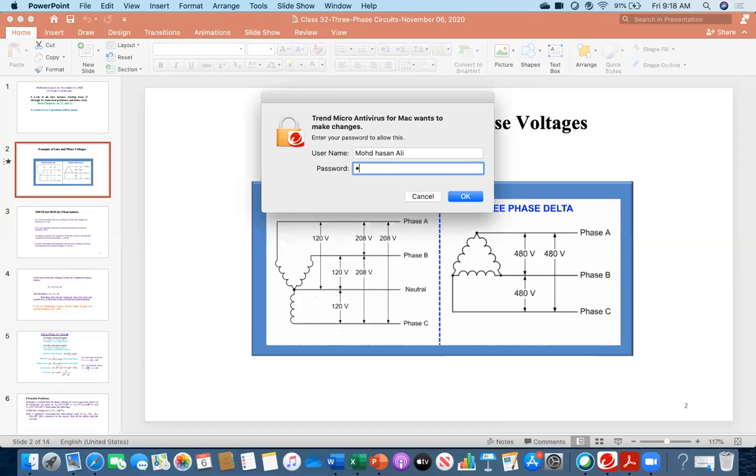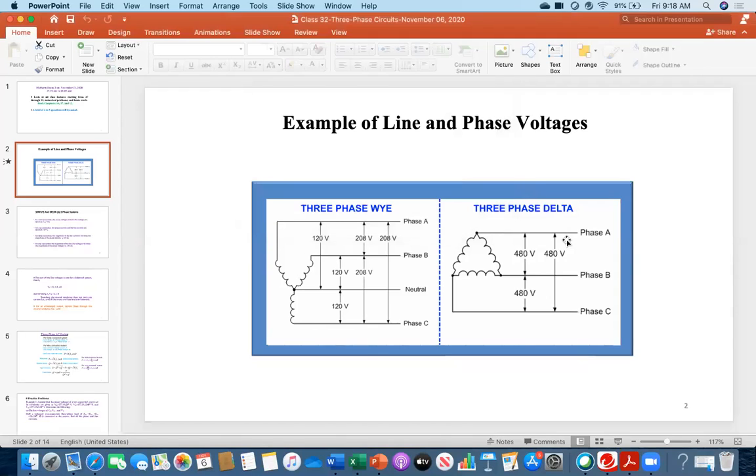Similarly here, in case you measure the current at this line and the current in any of the phases, the line current will be root 3 times the phase current. In this case, you understand clearly that the current here and the current in this coil will not be the same. Therefore that current will be root 3 times. So that's why, in summary, what I am talking about by mouth,